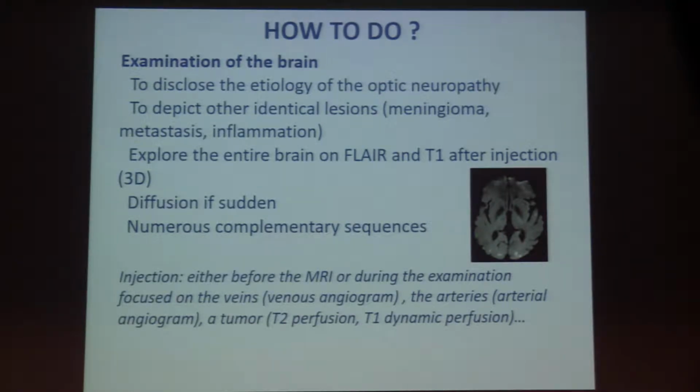If you have a suspicion of something arterial, use the contrast injection to study the branches of the aortic arch. If you have something that may be a thrombosis, use it as the venous examination. If you have a tumor, use it during perfusion, or either T1 or T2. Use the contrast media because it can be dangerous, and you must not say, okay, I injected, and another MRI